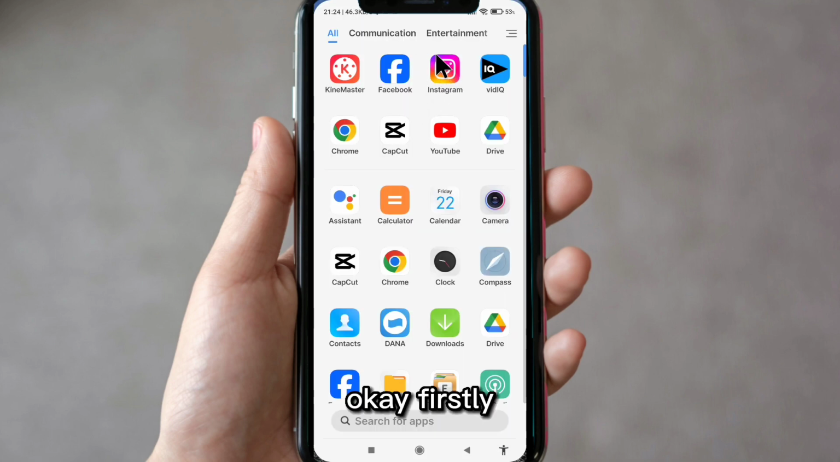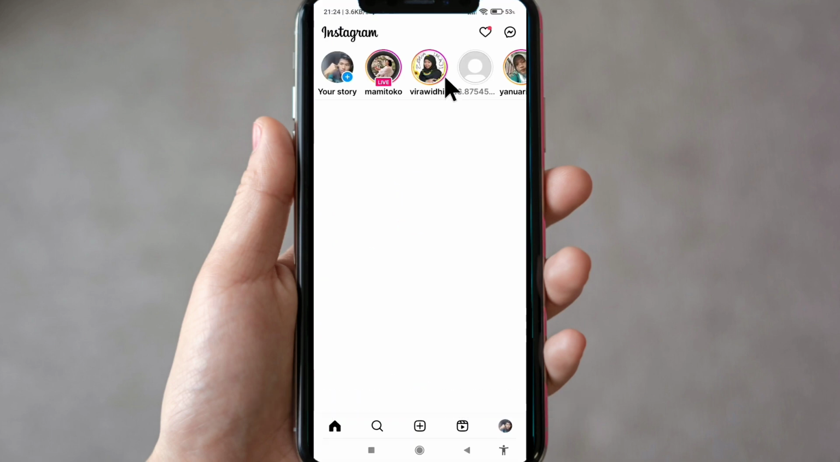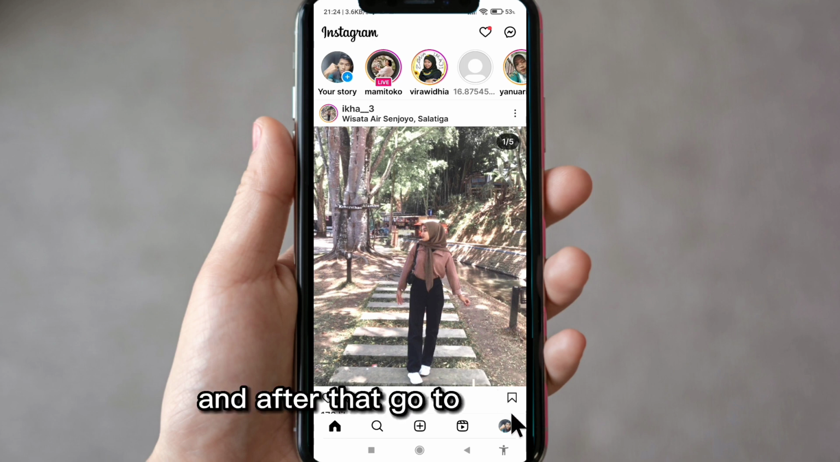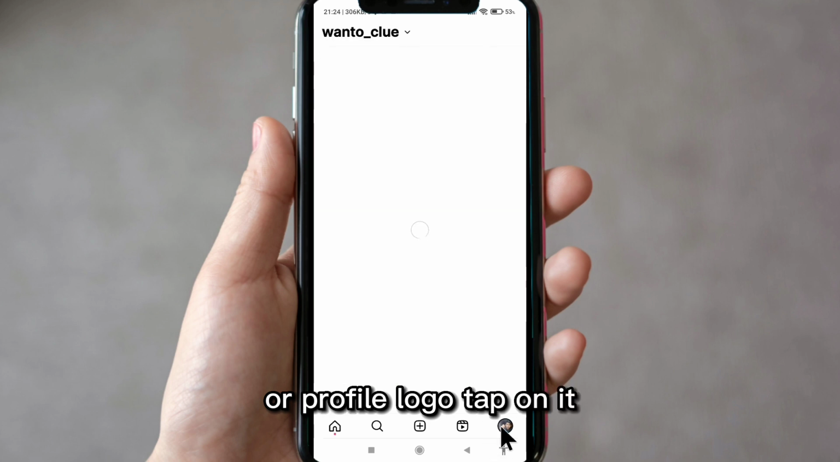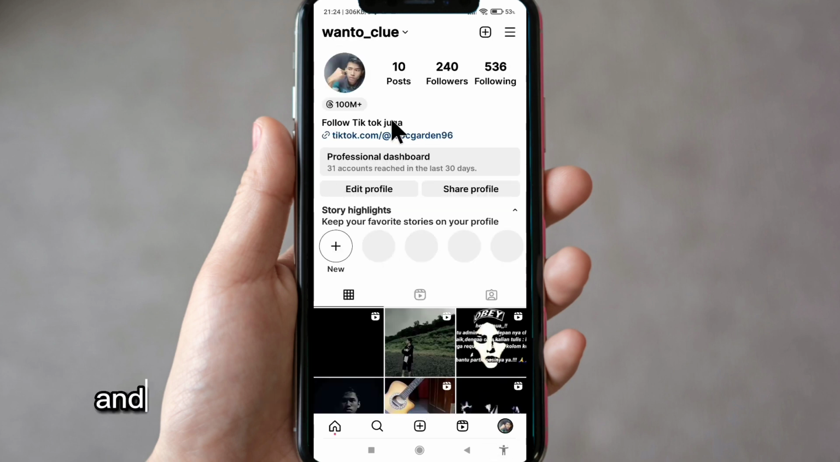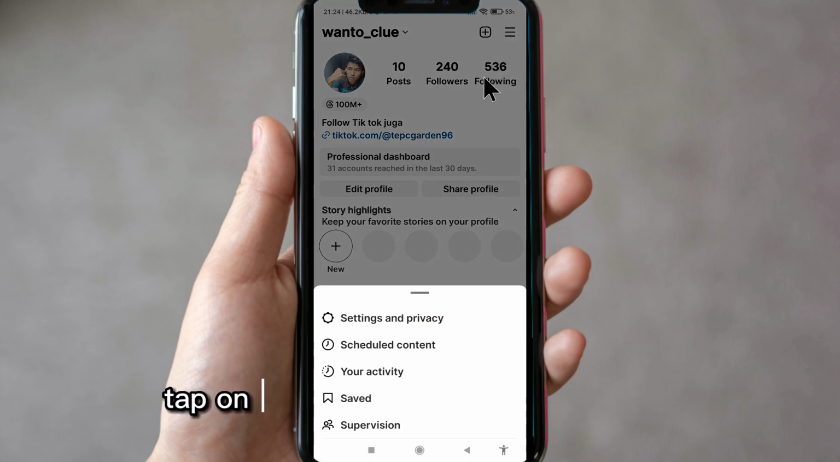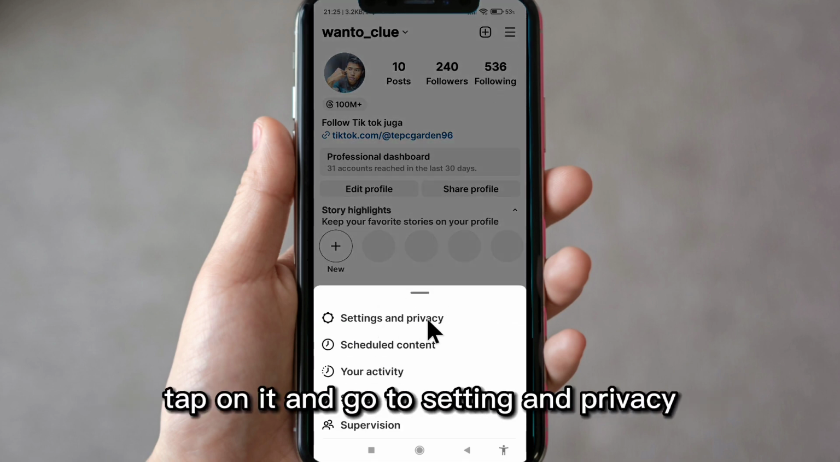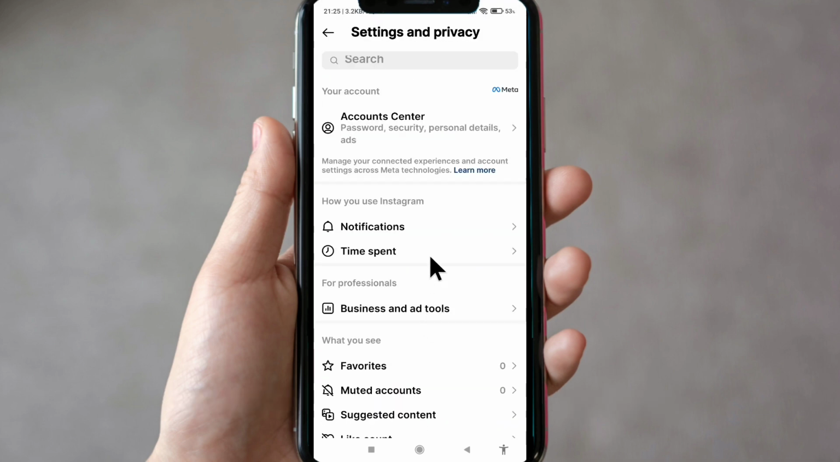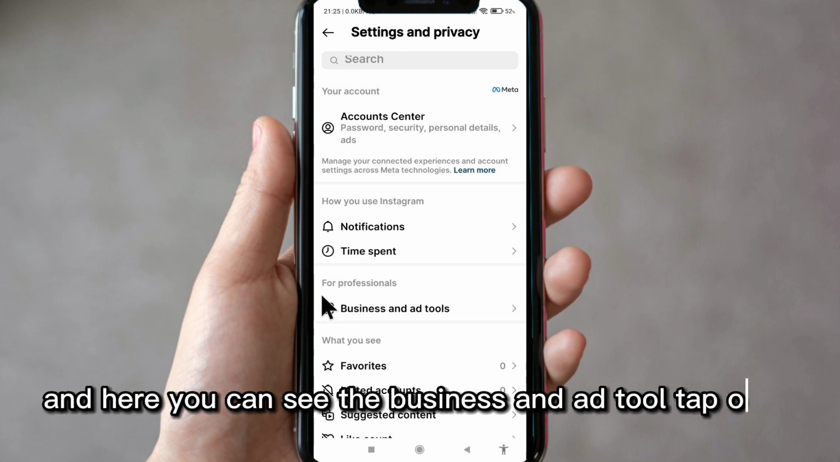Okay, firstly open your Instagram app, and after that go to the menu, settings, or profile logo, tap on it, and click the three lines on the upper right corner, tap on it and go to Settings and privacy. And here you can see the business tools, Business tools and controls, tap on it